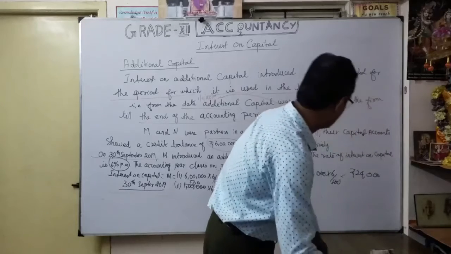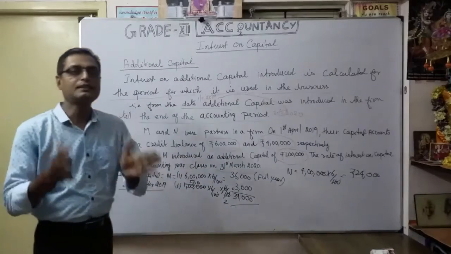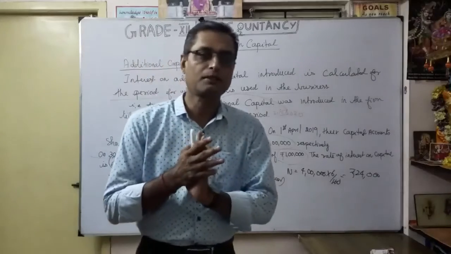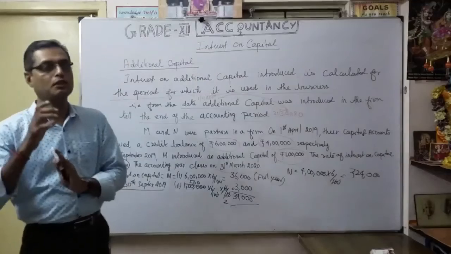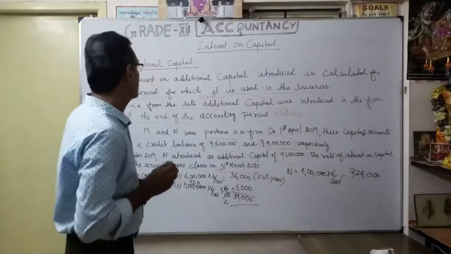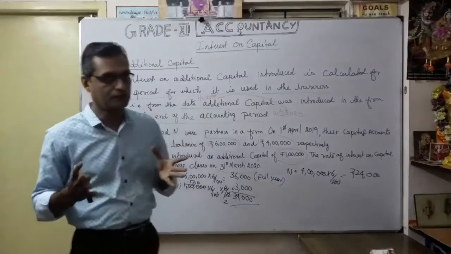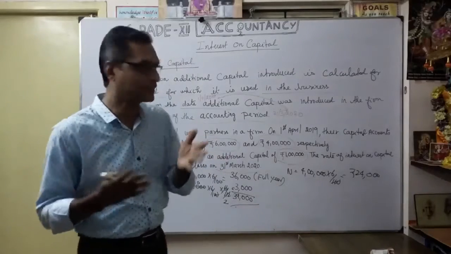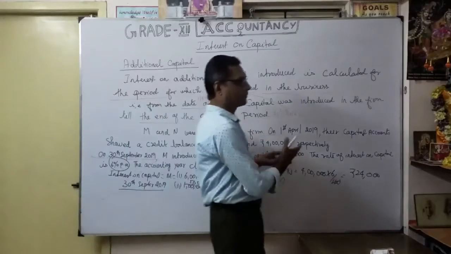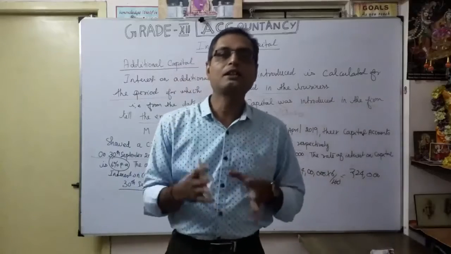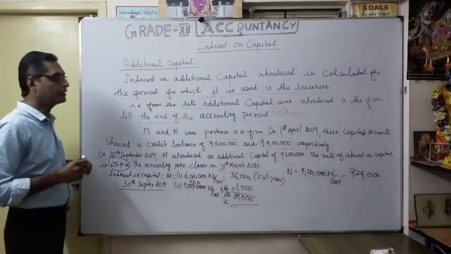Very easy one. So whenever there is an introduction of capital, you have to keep in mind the date of introduction, when they introduced it, then till the accounting period. Only that particular period is used to calculate interest on capital, whenever additional capital is introduced by the respective partners. Whichever partner introduces it, in the same manner you calculate for the particular period they utilized it for the business. Okay, that's the additional capital.